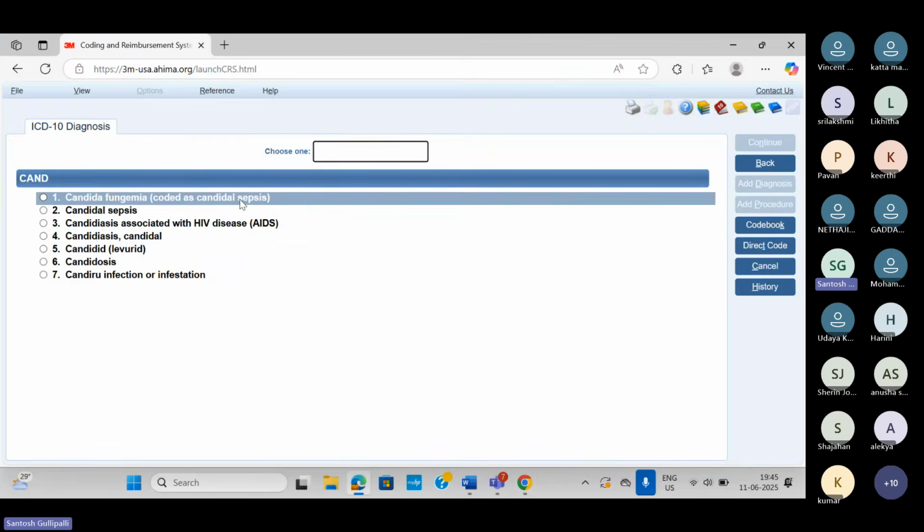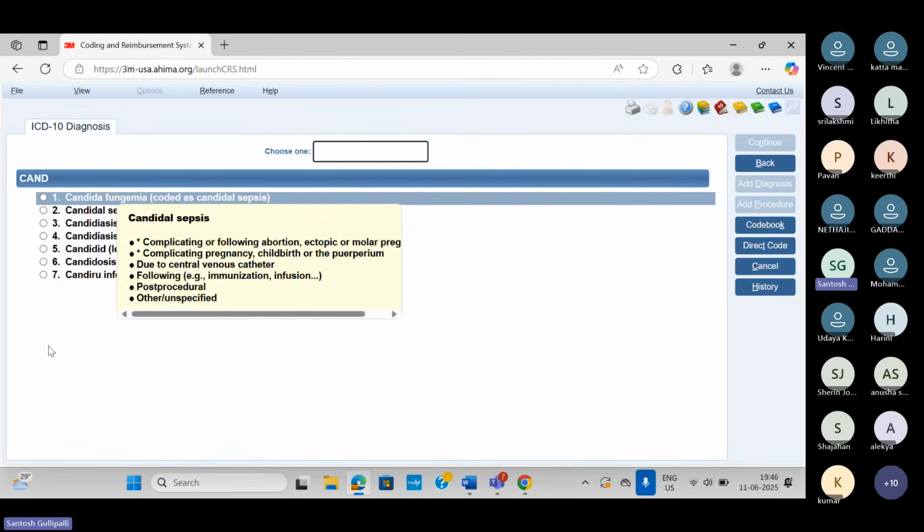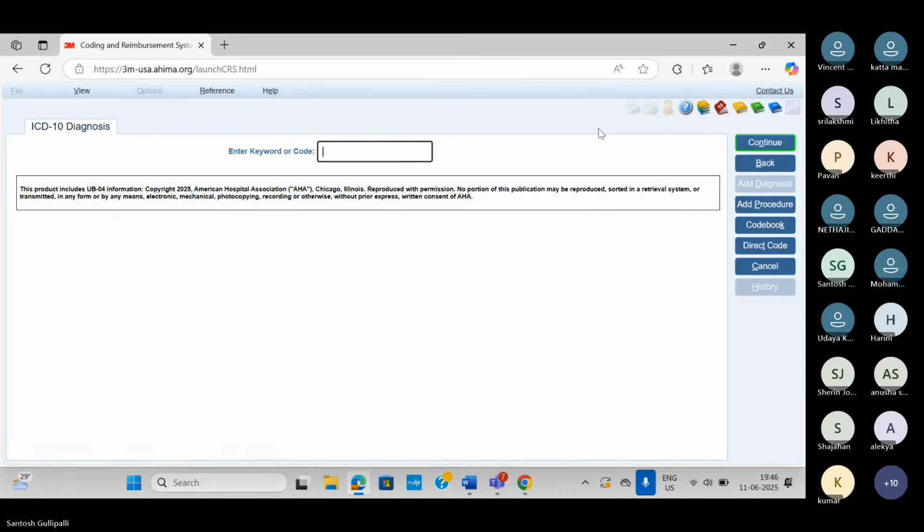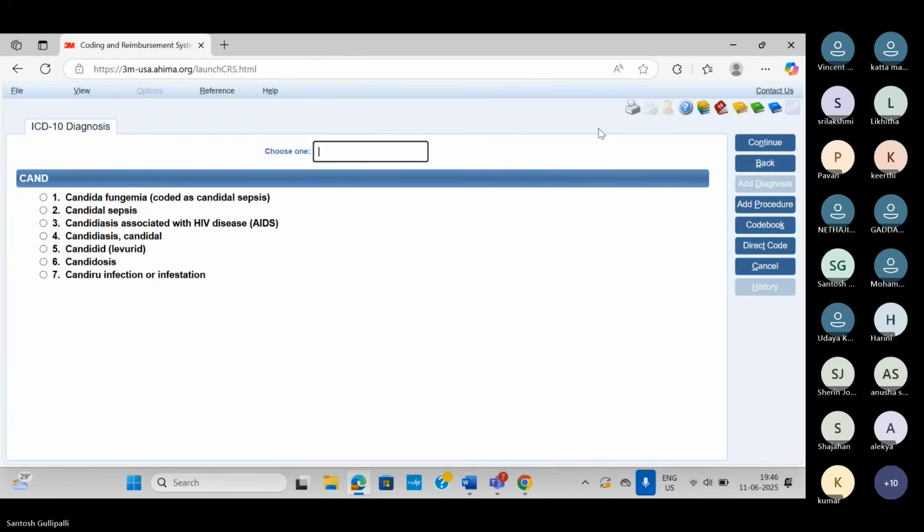So what is the best option on this screen? Is option 1 correct, or 2, or 3, 4, 5, 6, 7? Option 3 is correct,